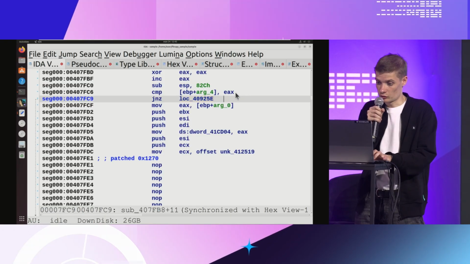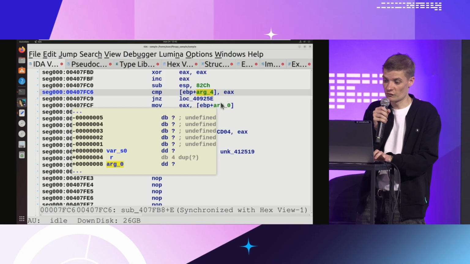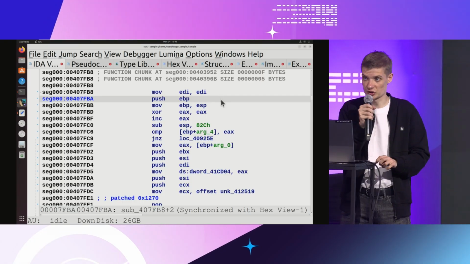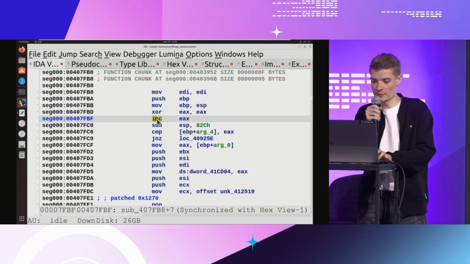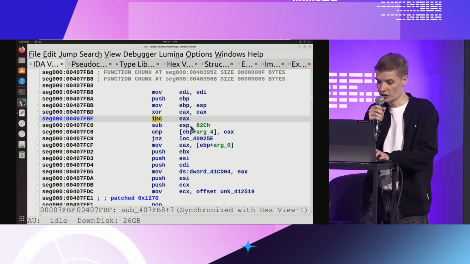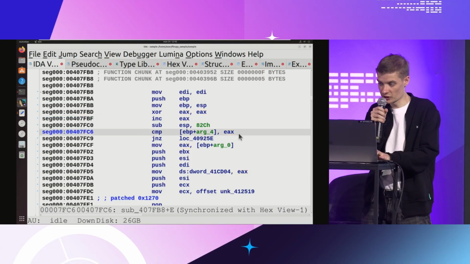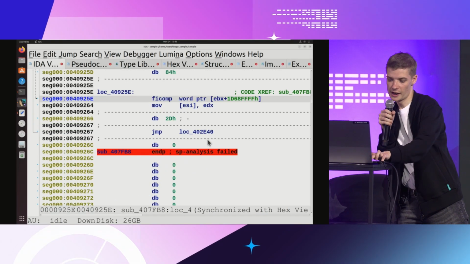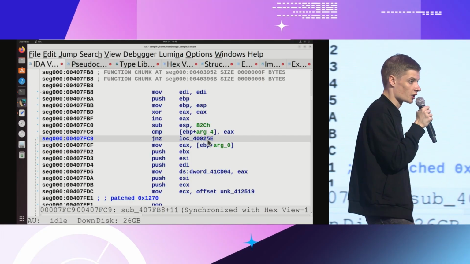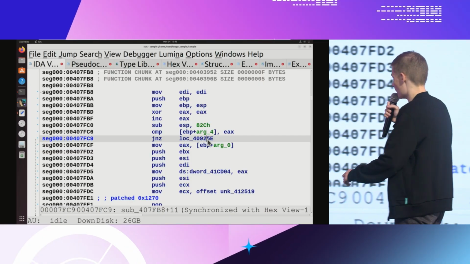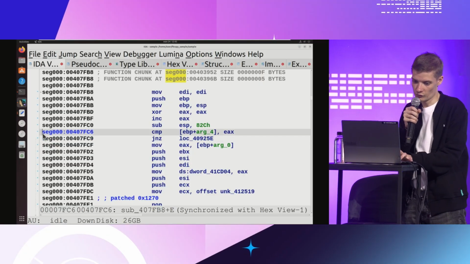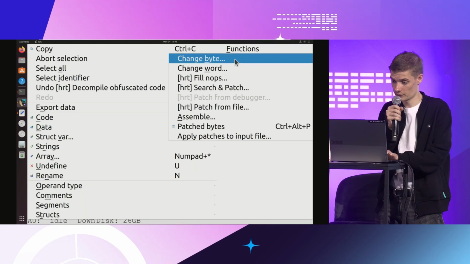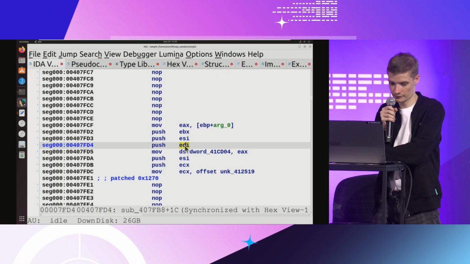So what do we see? We see what's in the argument of the function, and it's compared with the value in the register EAX. And here is the assignment in EAX. It zeros the value of the register, and then there is an increment operation. So in EAX we have 1, and the value of the argument is compared with 1, and if it's not equal to 1, then we jump to garbage. Again, this is something unneeded, and this is a technique of obfuscation, a technique against analysis. So we do the same. We highlight the instructions, we click Edit, Patch Program, Fill NOPs. We click OK. And